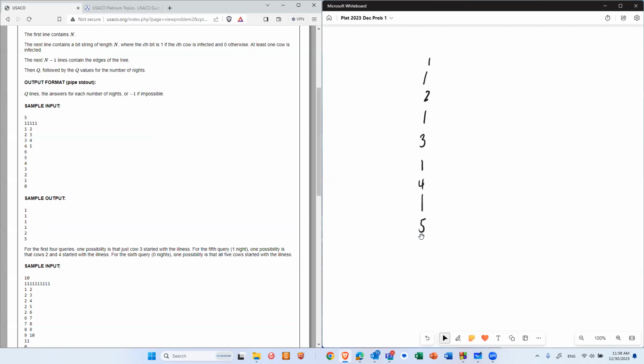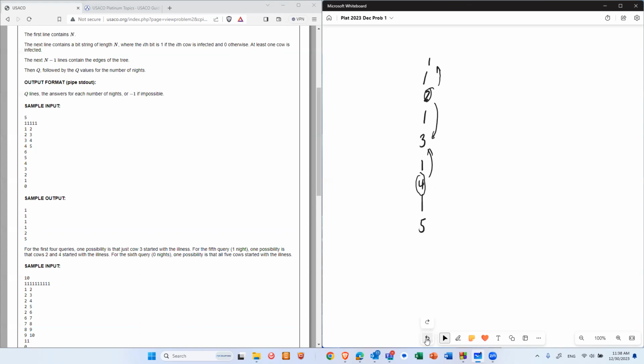If it's past 1 night, that means if I have this cow and this cow initially sick, then after 1 night, they will infect the neighbors, right? Then Farmer John will determine it. So that means you have to have 2 of them